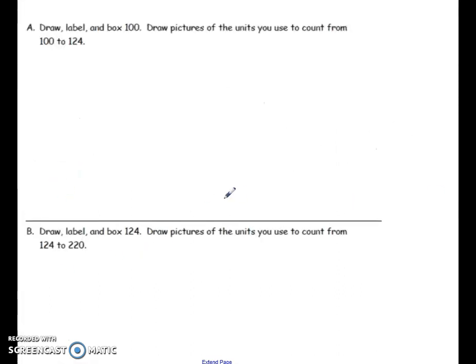Okay, now let's open up our workbook. Find Lesson 2 in your workbook. It will look like this. I'm going to do the first one with you. You will do the remaining 3 on your own. So let's look at what it says to do. It says draw, label, and box 100. Draw pictures of the units you use to count from 100 to 124. So you're going to do the same thing I showed you,